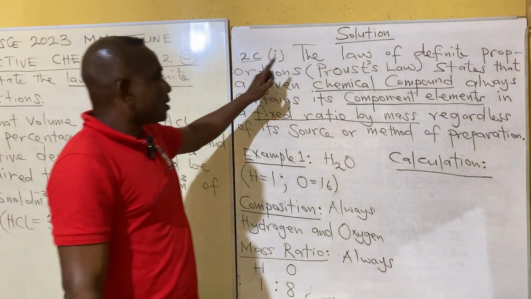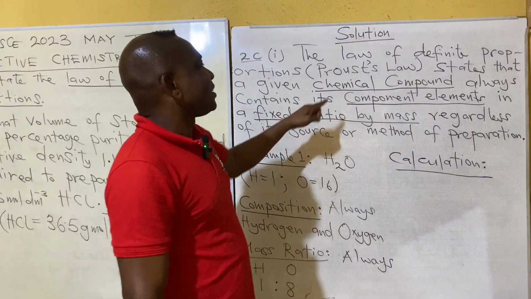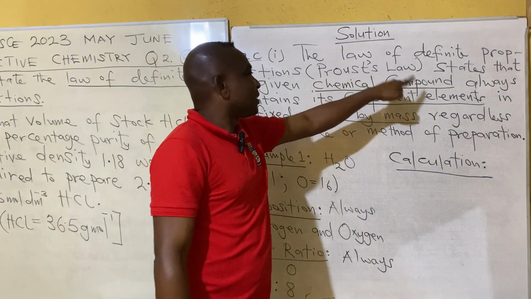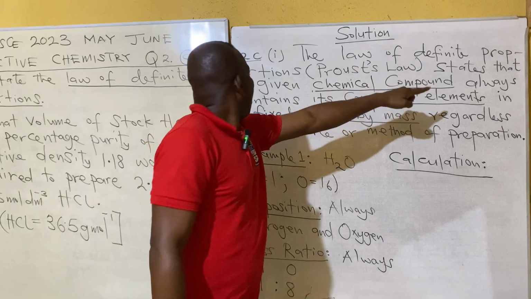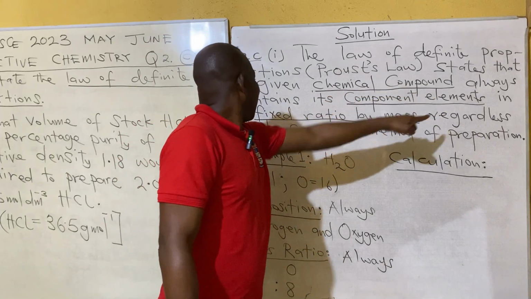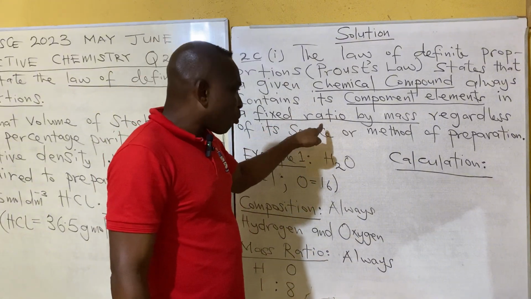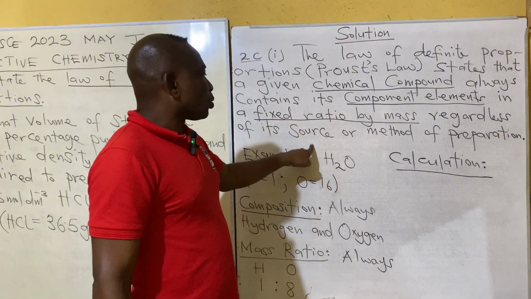The law of definite proportions, also known as Proust's law, states that a given chemical compound always contains its component elements in a fixed ratio or proportion by mass, regardless of its source or